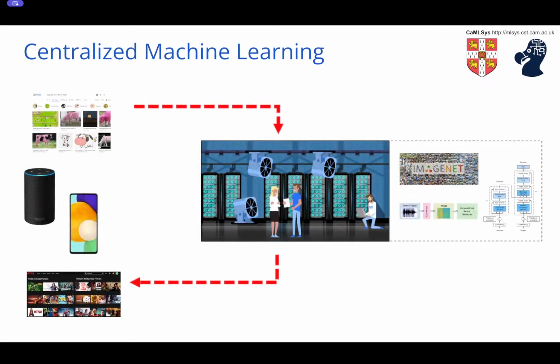Let's start with the basics. This is the world that we live in right now in terms of machine learning, and it's a centralized machine learning situation. On the left-hand side, we have the apps. Doesn't matter if you're browsing the web these days, playing with cell phones, or sitting down and watching Netflix, you're interacting with hundreds of models, if not thousands of models, that have all been trained in the same way, and they're trained in the way that's shown on the right-hand side here.